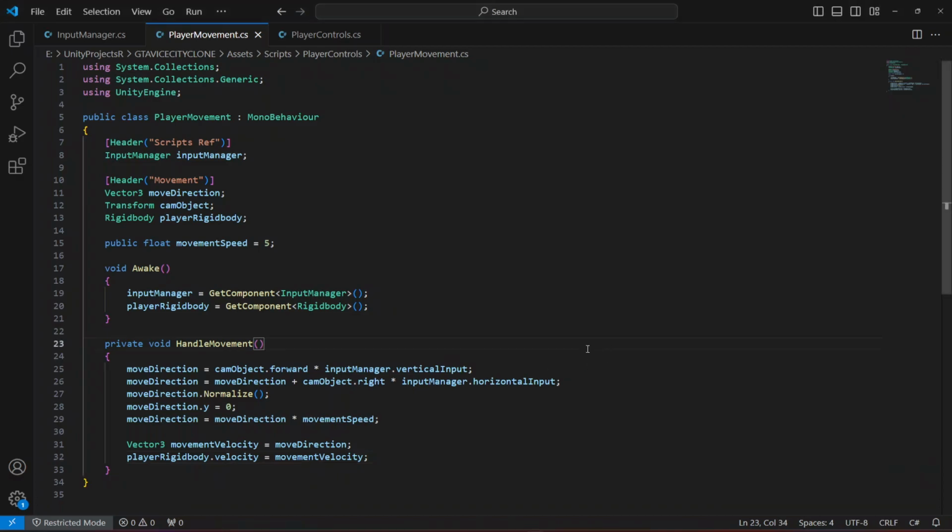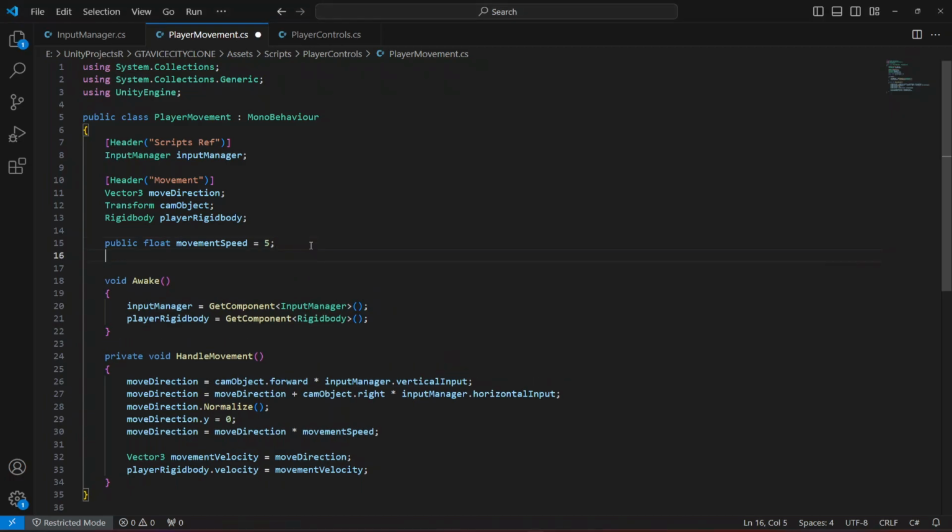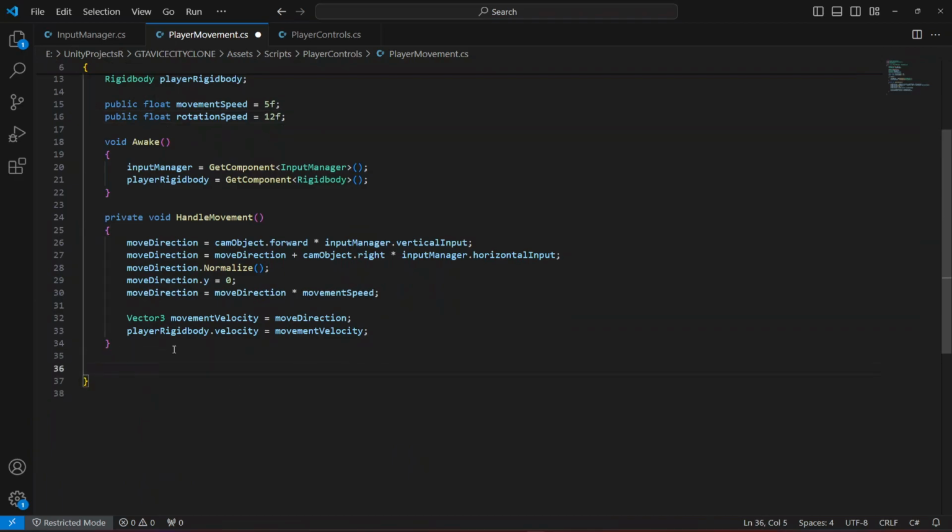Okay, so let's go ahead and add the rotation, and after that we will test our game. For that, first of all, right here we need to create a float by the name of rotation speed, and that's gonna be equals to, let's just say, 12. Okay, and after that let's create a method by the name of handle rotation,